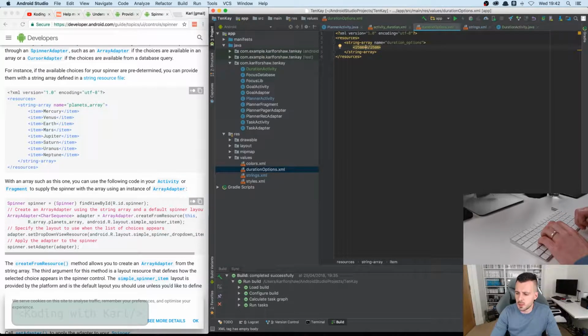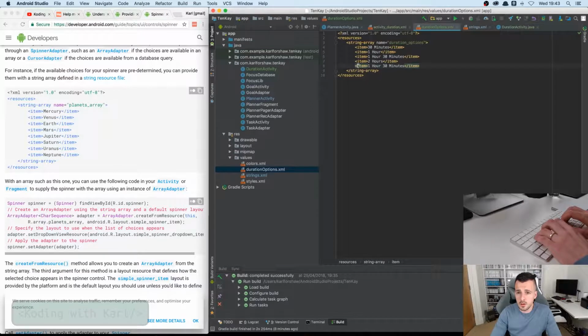So let's say then, how many slots do I want it to occupy? So it's going to be like increments of 30 minutes. How do I want that to be displayed? We could just do a simple 1, 2, 3, 4, 5. That's not very user friendly, is it? So 30 minutes, 1 hour, 1 hour, 30 minutes, 2 hours, 2 hours, 30 minutes,